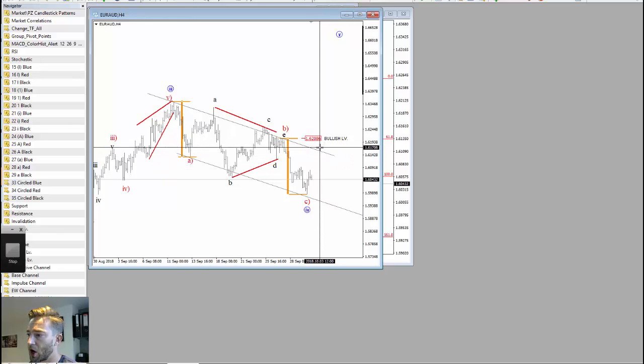So if we can break the upper channel resistance line, then this would probably be a new confirmation that after all this was a corrective decline, but more complex than I thought in the first place, and that we are headed to the upside. So I'm watching this one as well. This pair can also be supported, can be traded on the bullish side, especially if stocks would come maybe